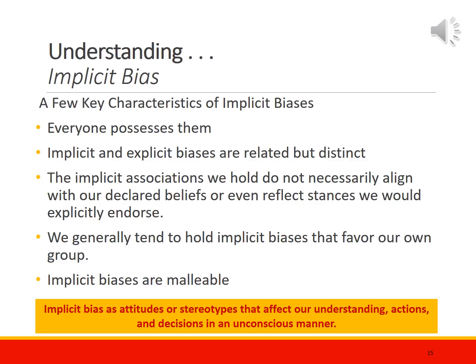They begin by describing implicit bias as attitudes or stereotypes that affect our understanding, actions, and decisions in an unconscious manner. I'm going to say that again. Implicit bias are our attitudes or our stereotypes that affect our understanding, our actions, and our decisions in an unconscious